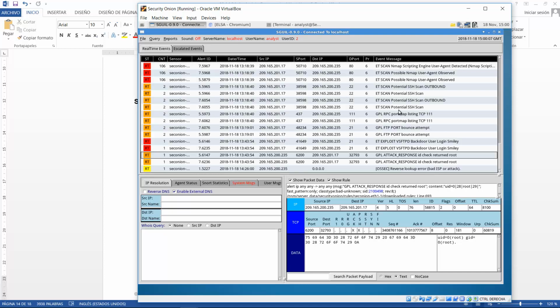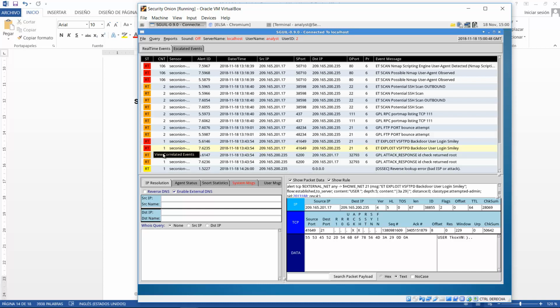Close. Okay, select this destination port 21. ET exploit BSFTPD backdoor user login smiley. Okay, select this